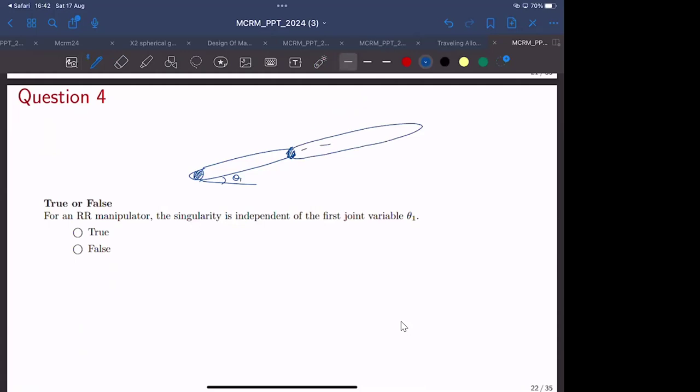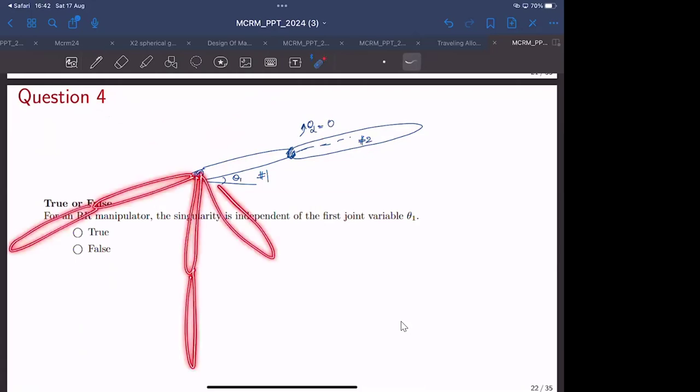So in this case, theta2 would be 0. Theta2 is nothing but the relative orientation between link 2 and link 1. So this is one fully stretched orientation. And it can realize this kind of configuration in many ways. Maybe if theta1 is something like this, theta2 would be 0 like this. It can be like this. So all these are singular configurations, right? When both of these links are aligned,